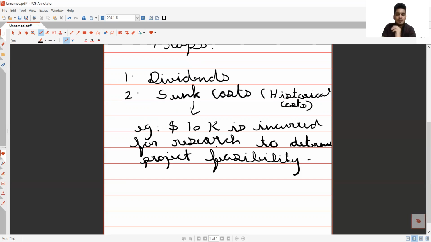You're spending 10K to know whether you're supposed to go ahead with that project or not. You still haven't decided that you are supposed to go ahead with the project. You're spending this much conducting research to know whether I am supposed to go ahead with that. So your incremental costs will now depend on the outcome of this decision. So to keep it short, this is absolutely, wholly and solely